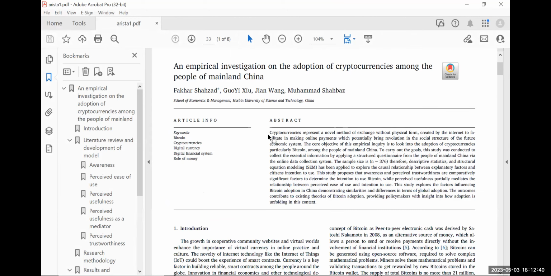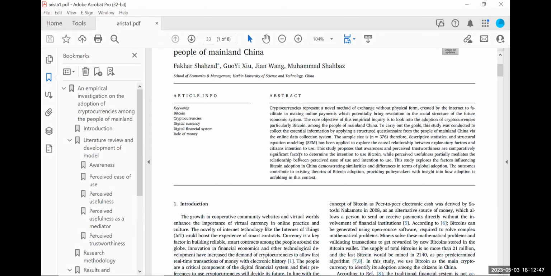There's the abstract. An abstract gives you a summary of the entire article, what it's about. It'll give you the aim, the objective, or the outcome of the article. It'll tell you the methodology. Remember, you told me you're doing quantitative and qualitative. No, just quantitative. Oh, okay, so just quantitative. So now you need to go and look for an article that talks about quantitative, right?